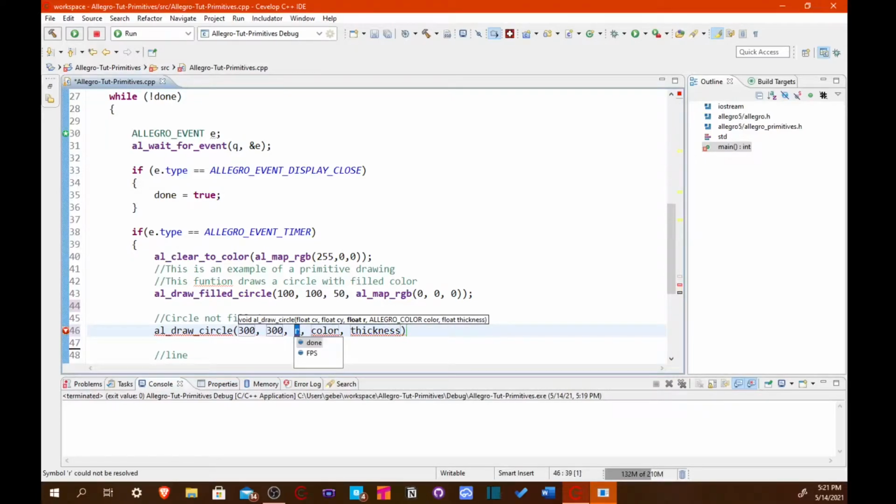And let's do the radius by 50. And then the color here is just going to be, let's just put in blue. Yeah, blue. So AL map RGB, and then